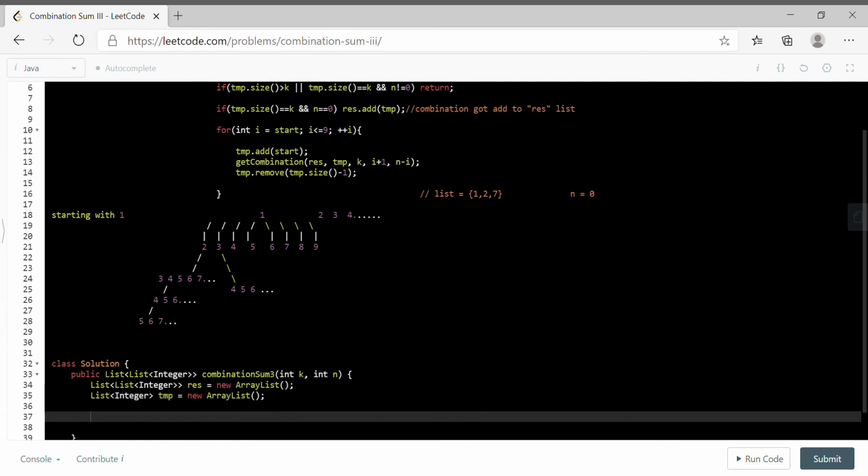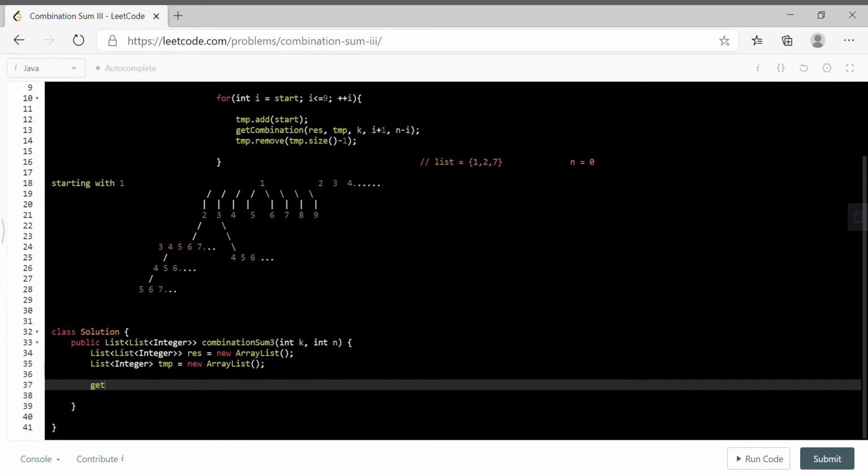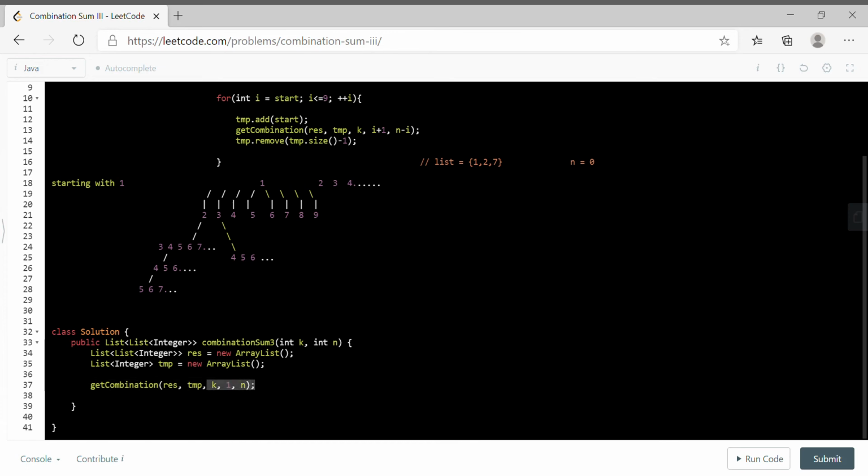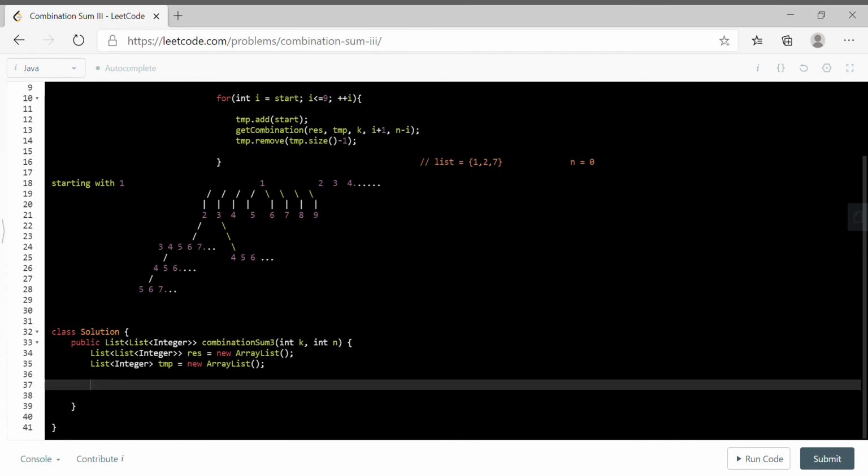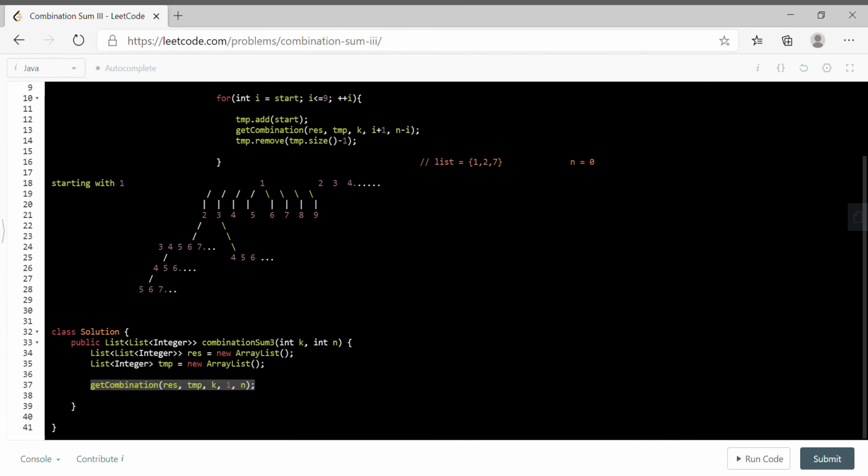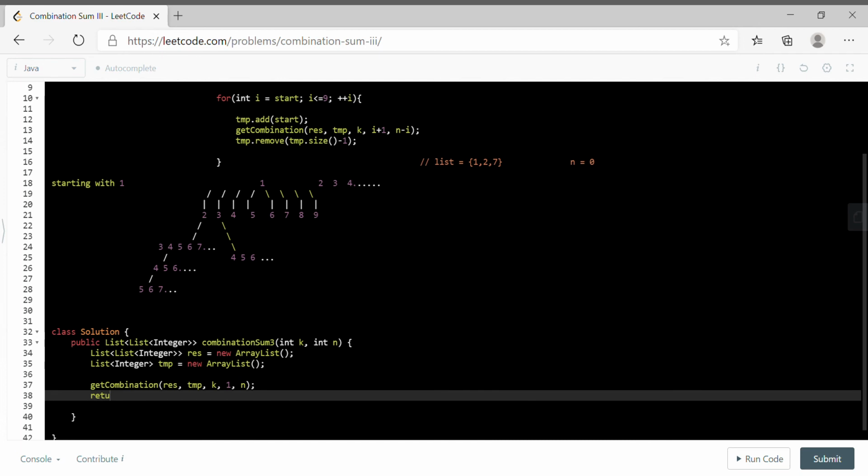Now get combination, result, temp, we will pass k, will pass starting as 1 and n, right? Sorry, control C, and we need to return the result.